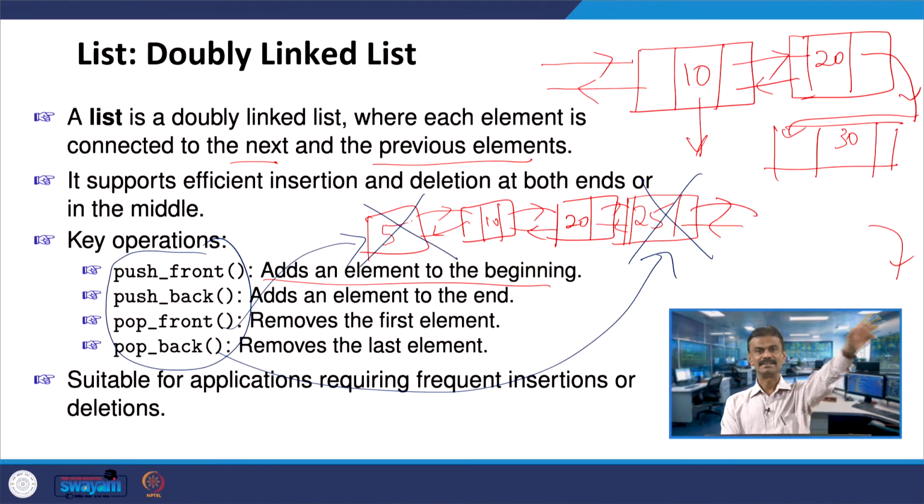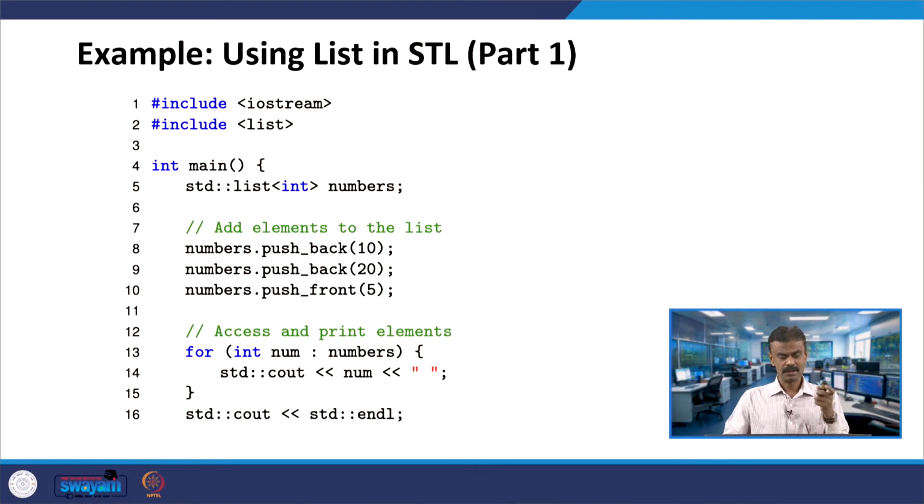Once I define, let us say, a doubly linked list, I can have push front and push back, I simply call them. So, I have told you what exactly is happening. These are all the key operations that you can find in the list, and you call it a doubly linked list. So, let us consider this program. You include iostream, and first time I am including list. The list of integers, let us give a name as numbers. So, list followed by the angle brackets, put int inside.